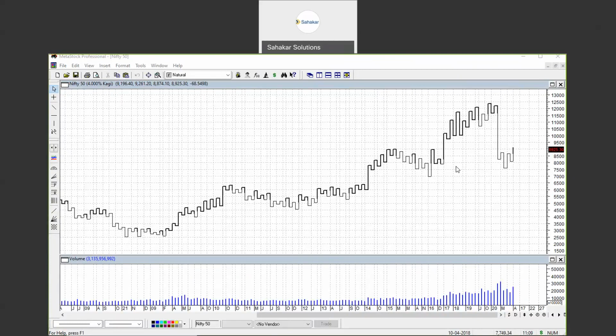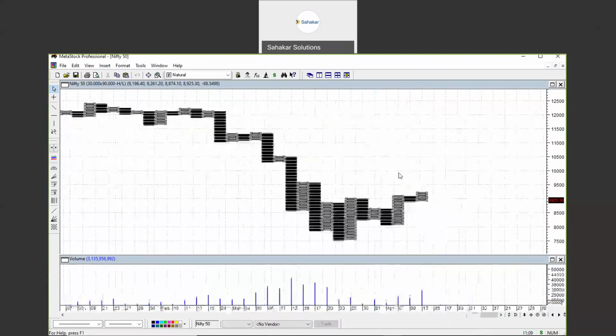Whether there is any possibility of an uptrend or downtrend is very clearly visible from the chart you are seeing, more than in the traditional charts. So instead of looking at the bar chart or line chart, the Kagi chart presents the picture in a different and more comprehensive way, which is easy for us to see. And we will see another kind of chart.